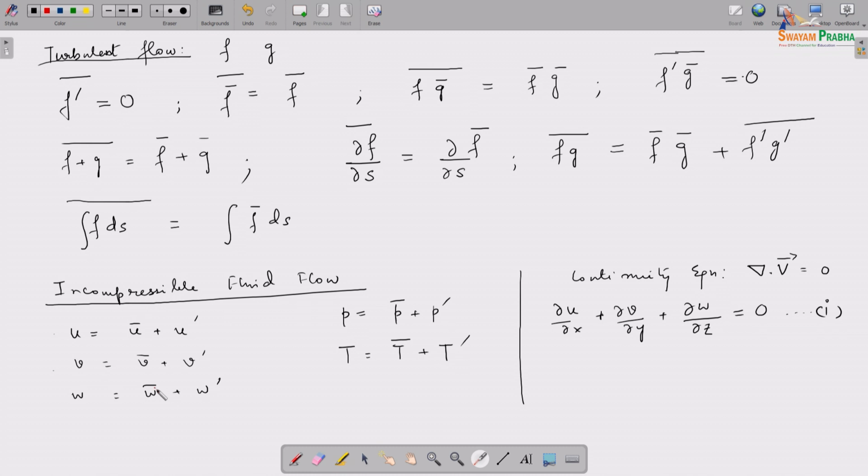So, what can we do if I look at this equation? This is the continuity equation. What can I do? The first thing I will do is take a time average. I'm going to take a time average value of the continuity equation, which means